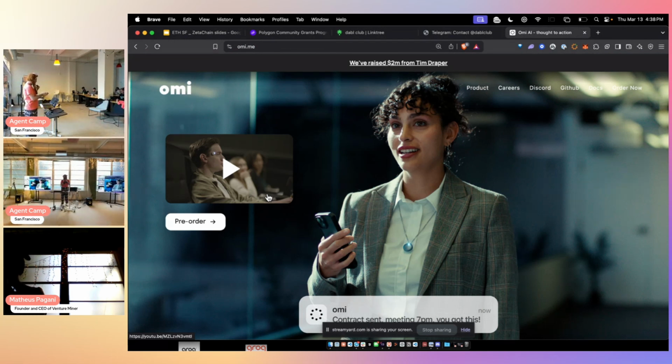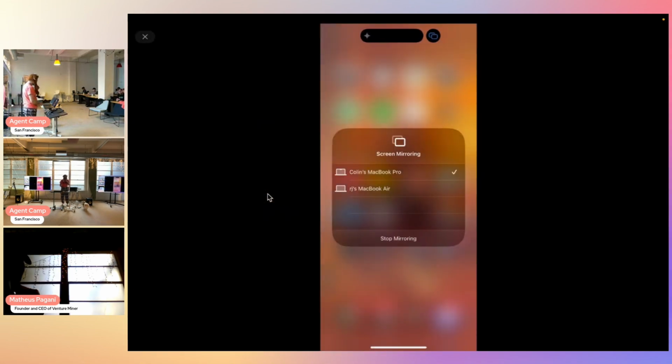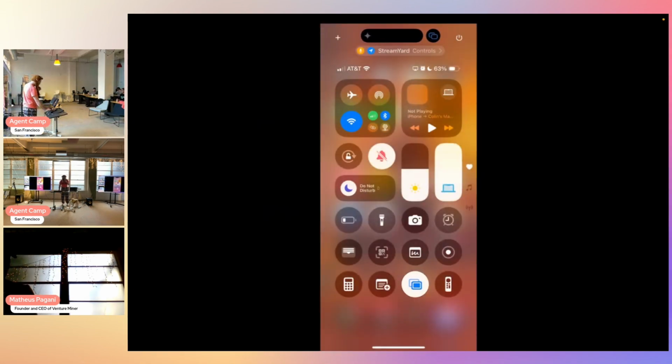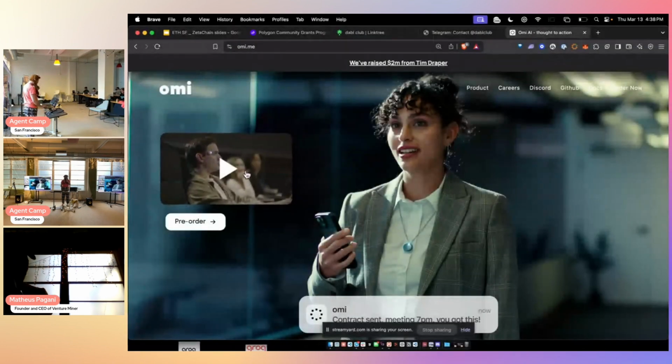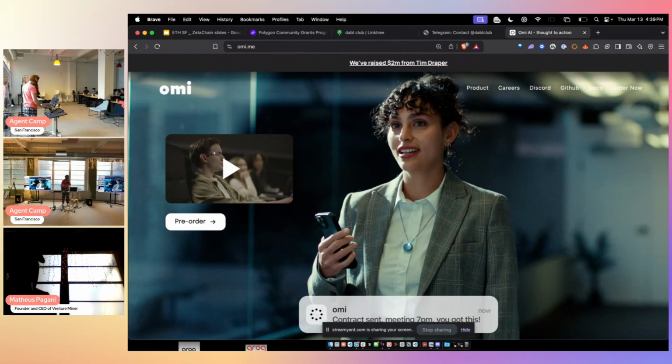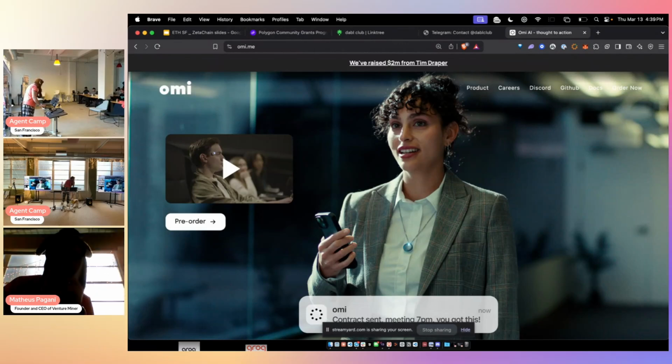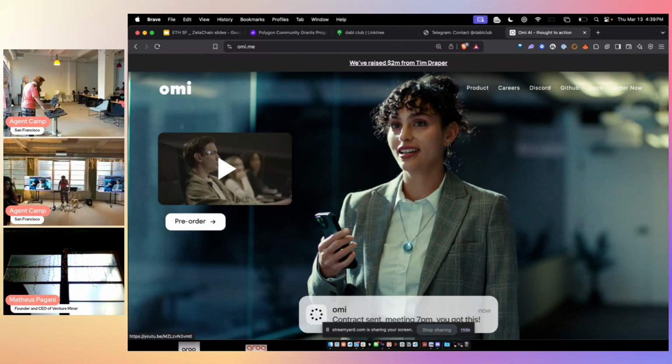So I want to do a quick screen share to my MacBook Pro. Should work. Let's see. Perfect. All right, so you can now see my screen. I'm sharing my personal phone, and I hope the audio is coming through correctly. Let's make sure. Yeah, okay. Let me do that one more time.